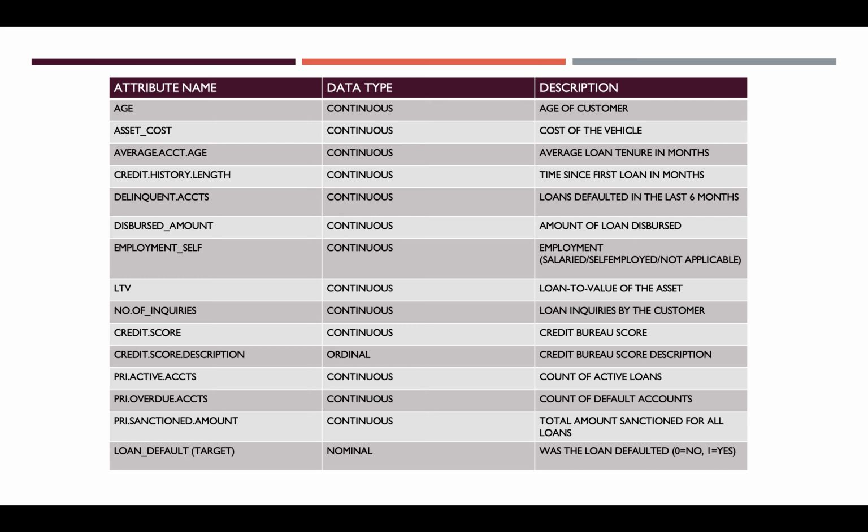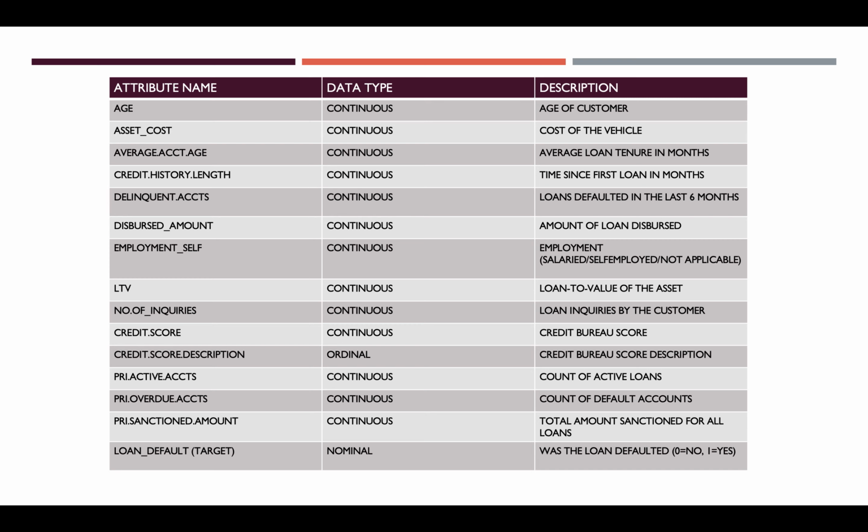the number of loans they've defaulted on in the last 6 months, the dollar amount of the loan disbursed, the employment status of the borrower, such as salaried, self-employed, or not applicable, the ratio of the loan to the value of the asset, the number of loan inquiries made by the customer, numerical representation of their credit score, the description of the borrower's credit score, such as good or excellent,